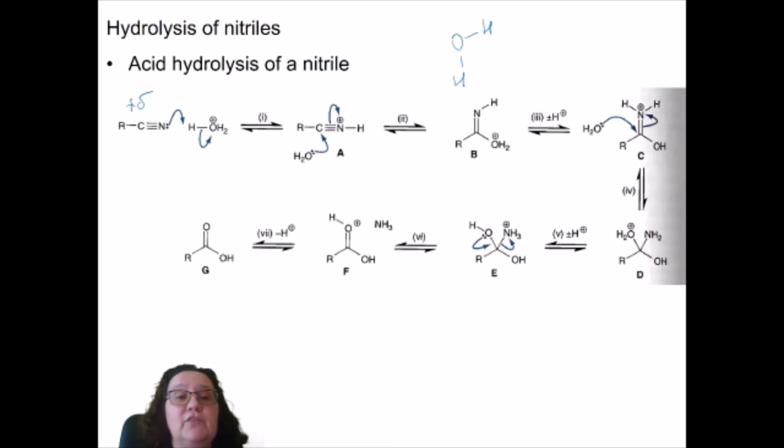And the way to do that is by protonating this nitrogen. As in the previous case, we protonated the oxygen of the carbonyl group. Well, in this case, we are protonating a nitrogen by using a molecule of water. And now, because this nitrogen suddenly has a positive charge, that has increased the partial positive charge of that carbon. That nitrogen is pulling more strongly on the electrons from the bond and making it more attractive to nucleophiles. And then a molecule of water can attack that carbon, and you form this intermediate species that here is called